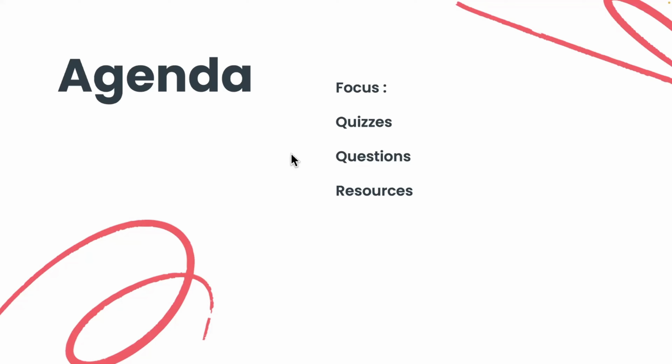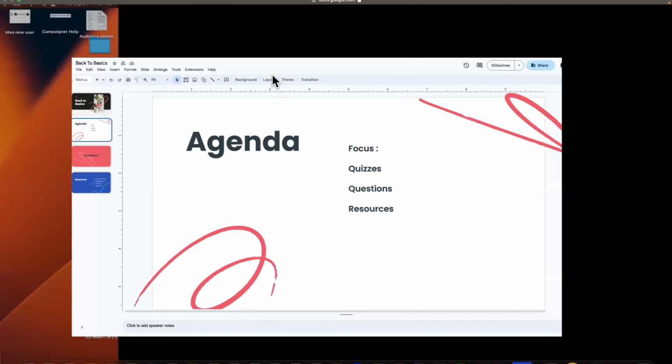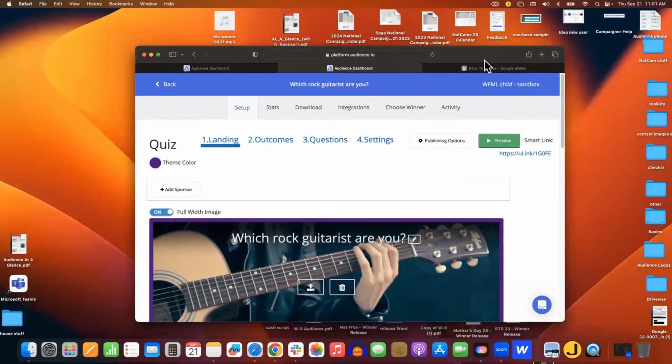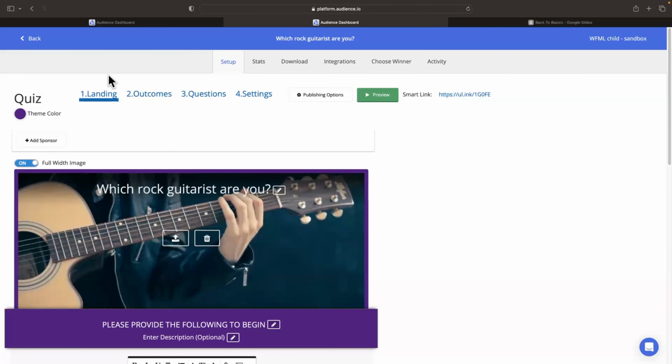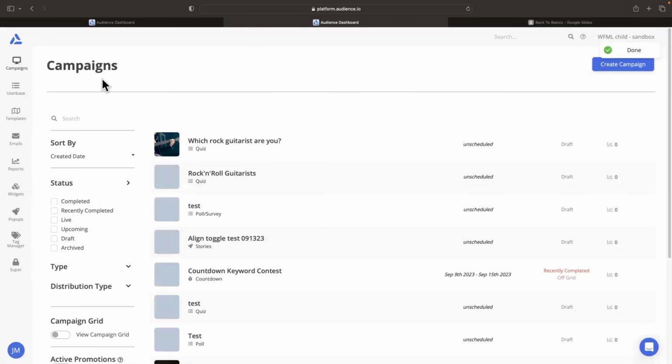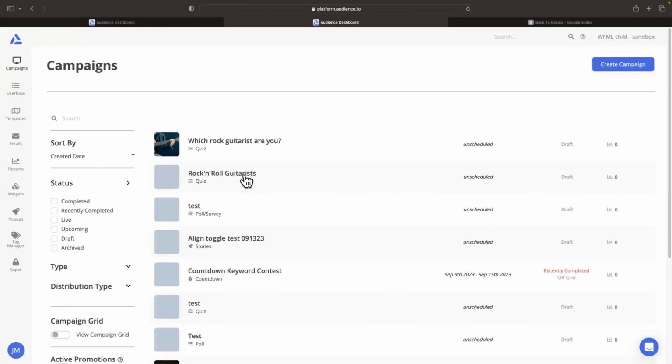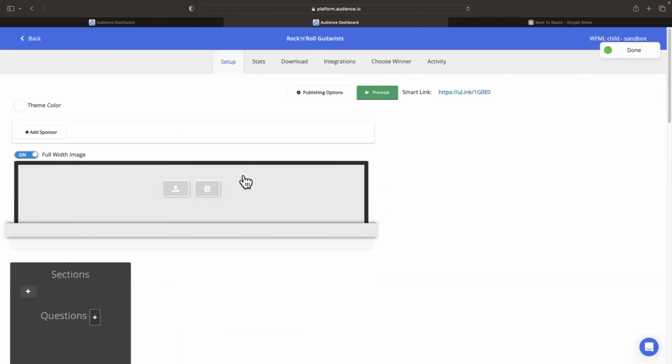So I did have a chance to do a little work before I got into this quiz building session. And let me go ahead and bring this up. So this will look familiar. This is the quiz where you'll start at basically. And here's the platform, of course. You're going to create a campaign, and here's the quiz section. This will bring open our campaigns. I've already started one here, so we'll get into this.